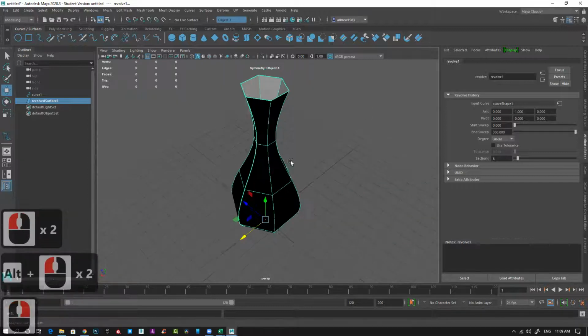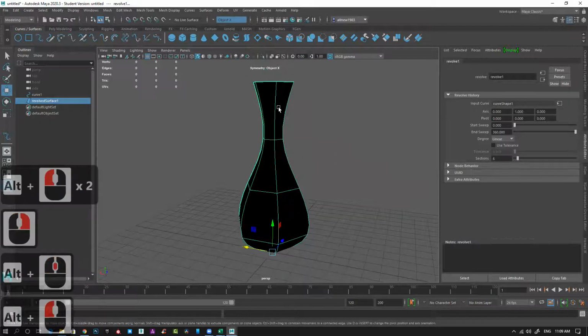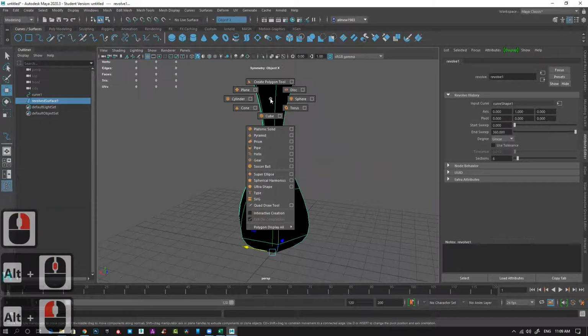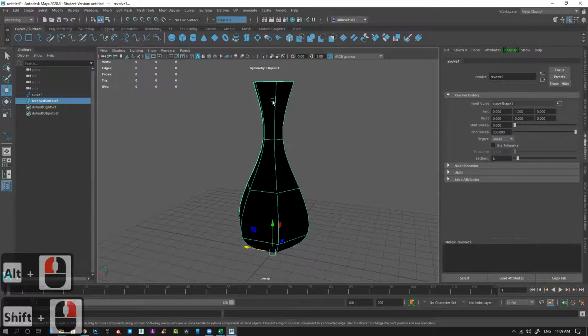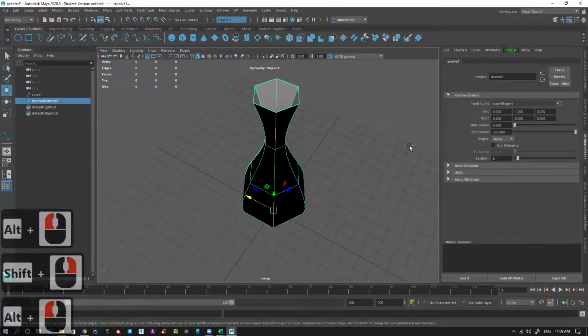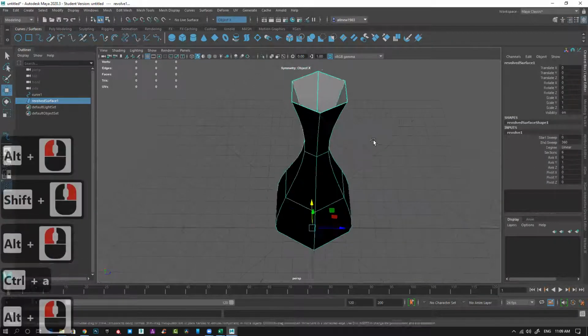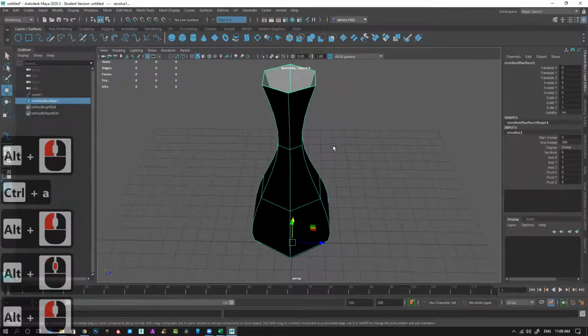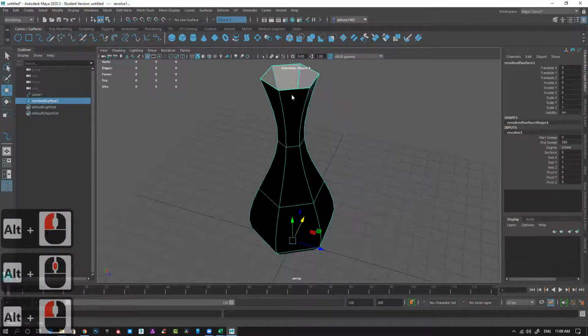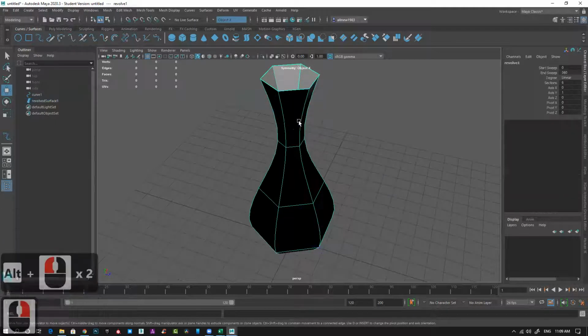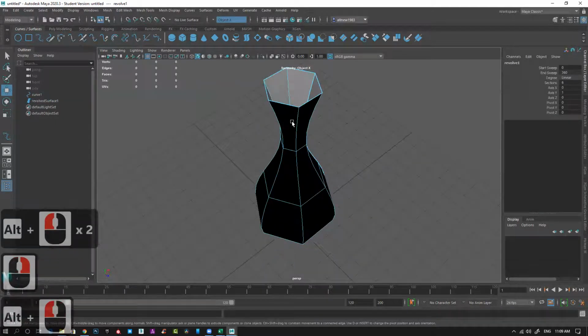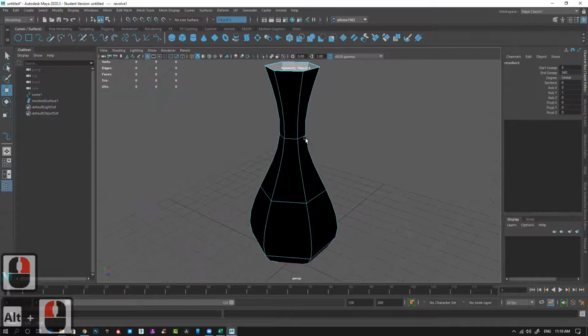Once you are happy with this shape, press Control A, and if you want to modify or change something, you can do that. Under Surface, you can see surface points. This is a NURBS surface. This is not a polygon yet.